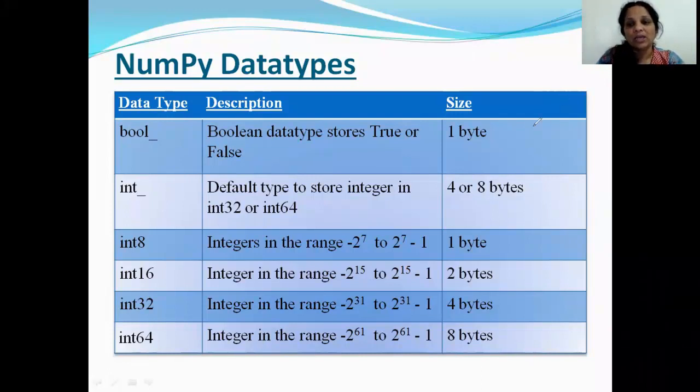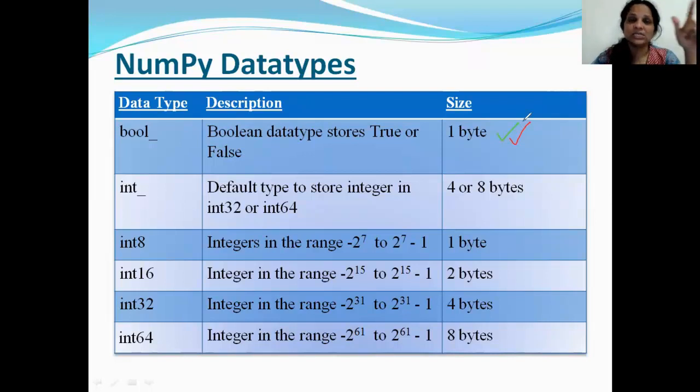And remember one thing, it's giving you the bytes here. So which means that you're going to be using these many bytes. That's why we say it uses up less space in memory. If it's an array consisting of Boolean data type, all the elements will use only 1 byte. I mean, each of those elements. I don't mean the entire array. Each element in your array will use 1 byte.